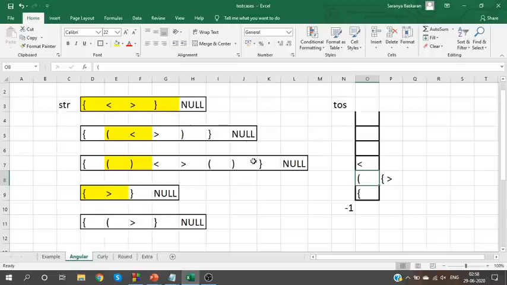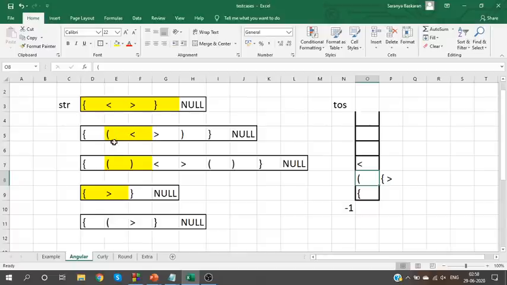Think about it. When I see an open angular bracket, we will end up in trouble because the main function will be present within some other function. See, they have told you a user defined function should not be present within the main function. So we are just going to assume here, guys, if it is mentioned in the question, fine. Since it is not mentioned in the question, in this problem we'll consider that the main function should not be present within other functions. If it is mentioned, it can be present, go with the flow. Otherwise, I'm going to take it as main cannot be present within another function.